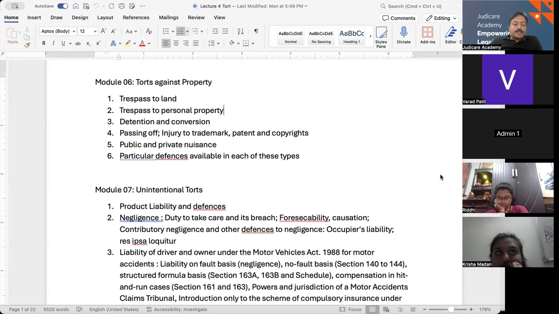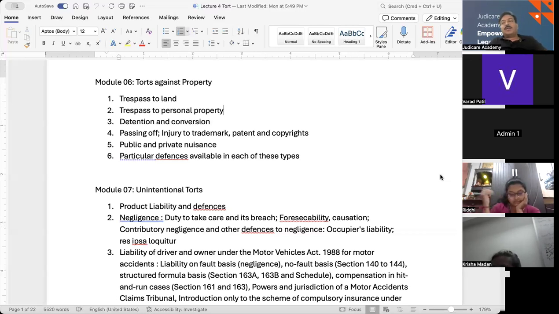So common defenses across tort are consent, which we have seen, where a party has already consented and invited the problem on their head, they cannot come back and call it a tortious activity. Necessity is something which we talked about. If somebody has to do it out of necessity, it cannot be considered a tort. If somebody is claiming a right, or in good faith somebody is doing it, it cannot be considered a tort. Or if somebody knew that it is a nuisance but the use is reasonable, in that case, if somebody comes and claims a tort, it cannot be a tort.